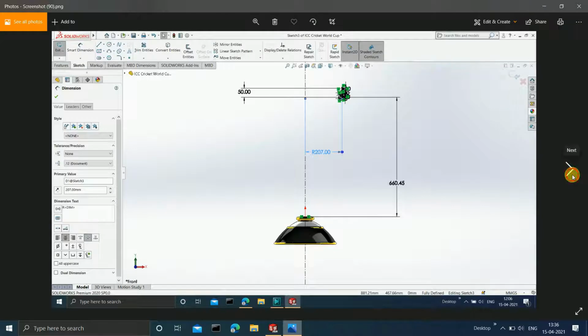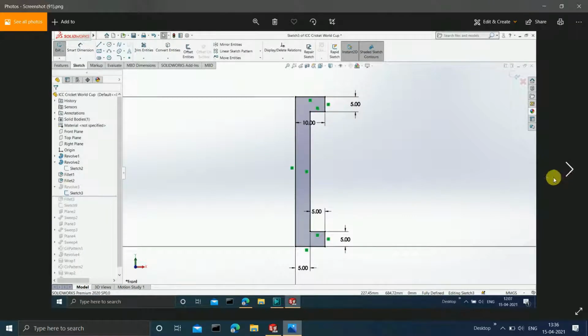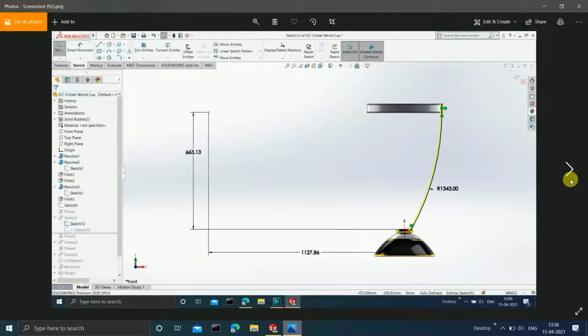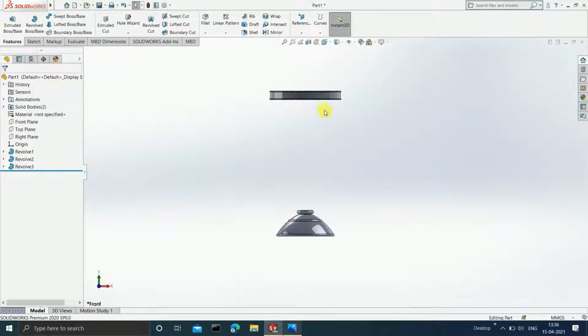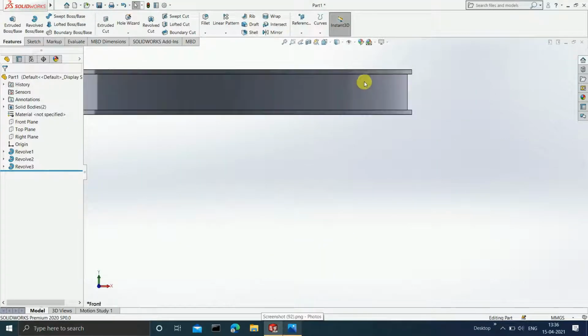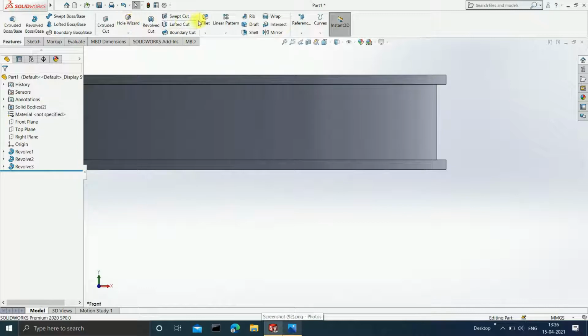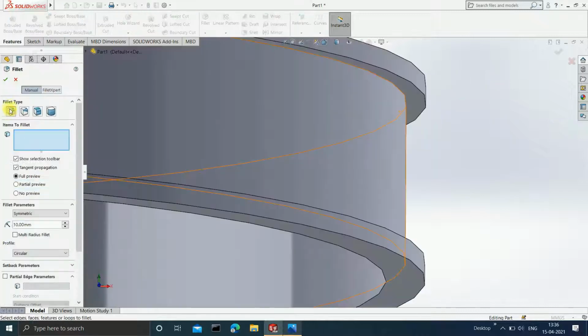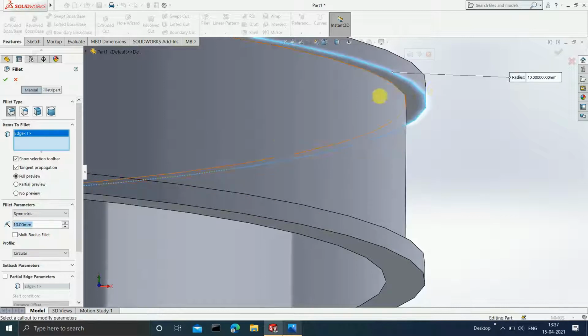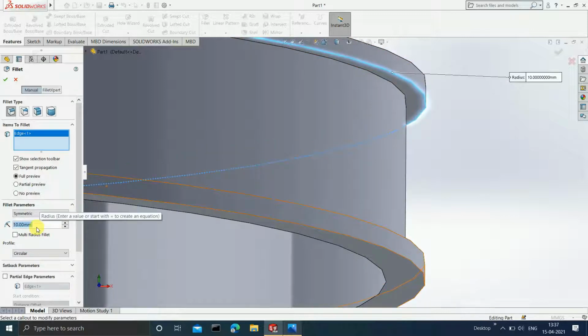Now the next thing that we are going to do is obviously going to apply the fillet. Can you see this fillet commands? Okay. So where are we going to apply these fillets now? See, we have to apply fillets at this particular region. Wait, I'll show it to you. See, select, go to fillet, select the fillet type, then items to fillet, select this particular edge and give the dimension as 2.5 mm.